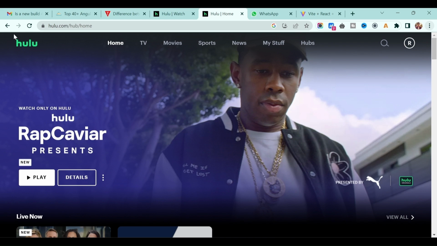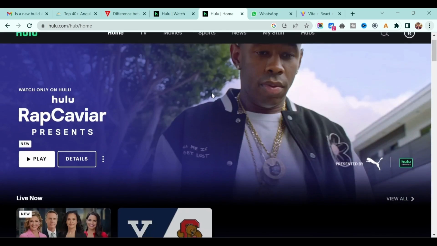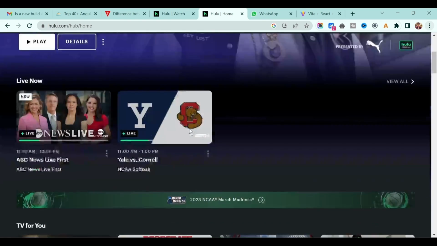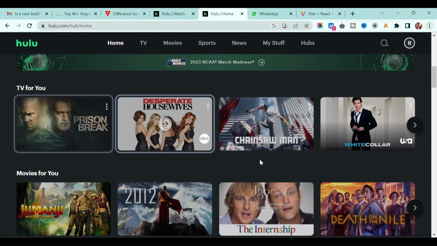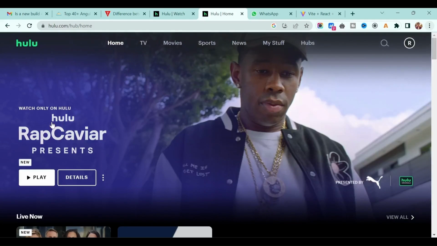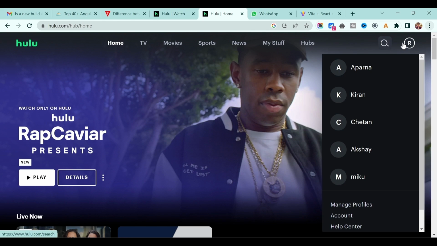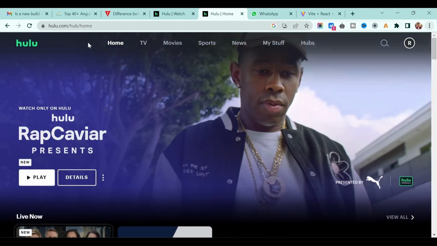If you go to the website, you will see this header section, and then we have this big intro image, and then we have this movie list in different categories. Okay, so let's scroll up, and for this header we will create a separate component. On the left hand side we have the logo, in the middle we have the menu, and on the right hand side we have search and this user image or icon. Okay, so let's start creating the file and folder for this component and the screen.